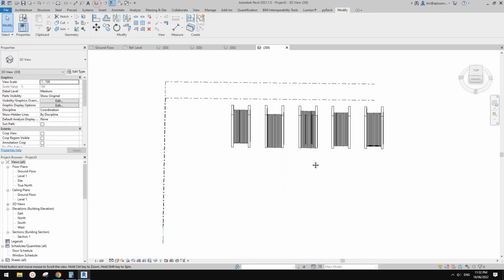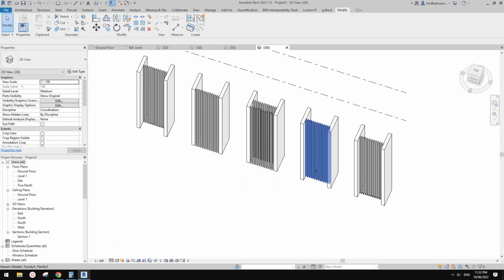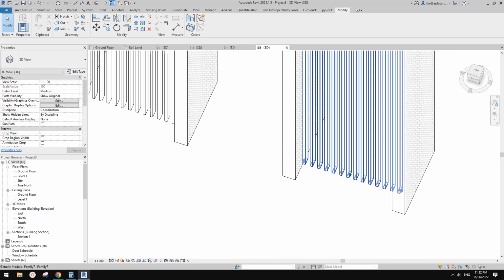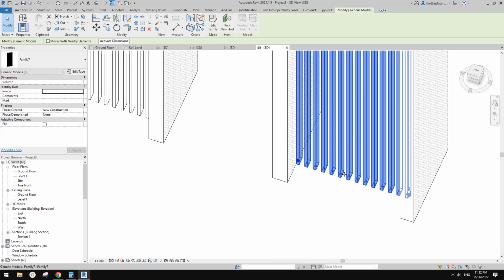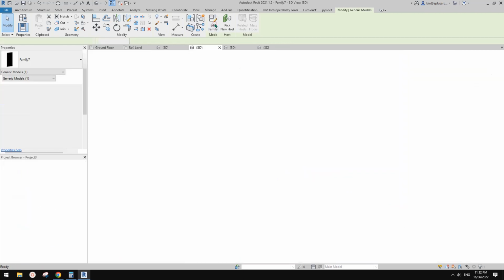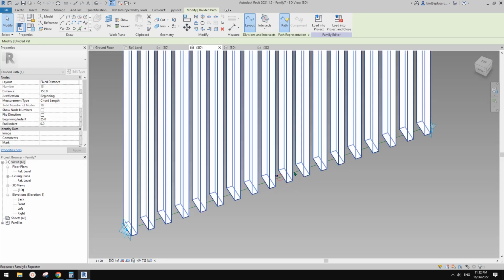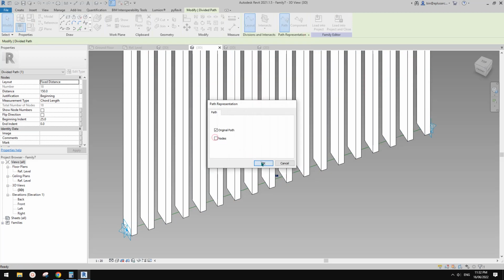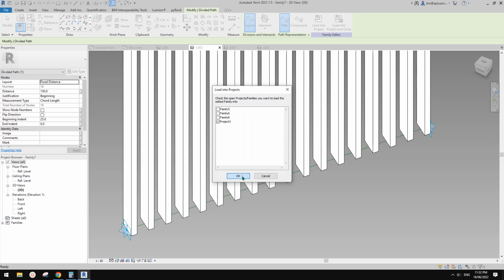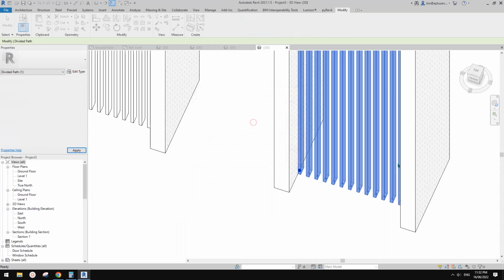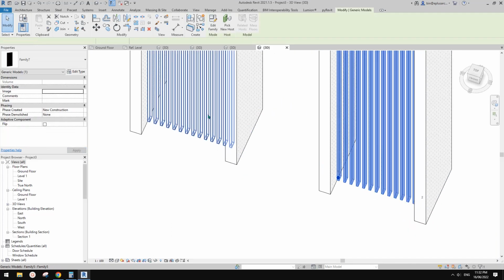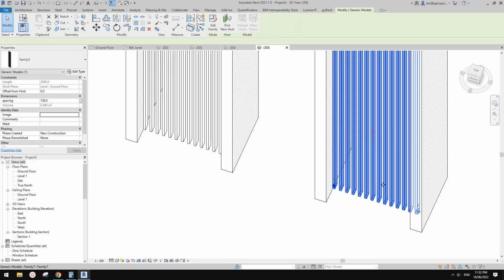Let's go to 3D view. So you will see exactly the same. But actually, when you select them, you can see all these nodes. So if you want to turn them off, you can edit this family, select this divided path, and here uncheck the nodes. Okay, so load this back, override, and that's it. So you will see they are very similar. So the difference is